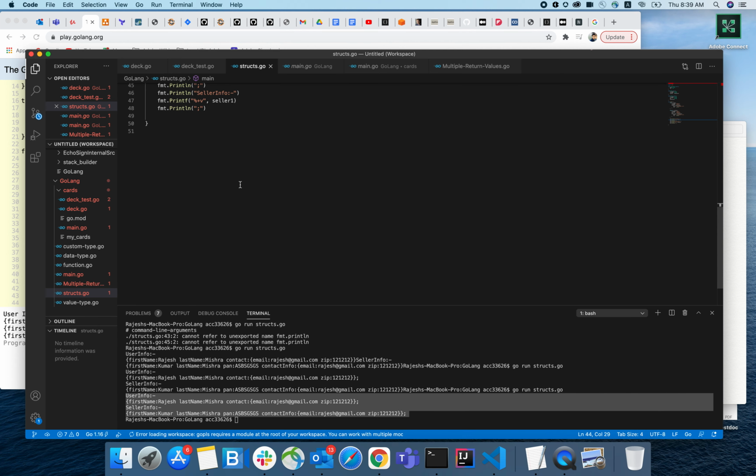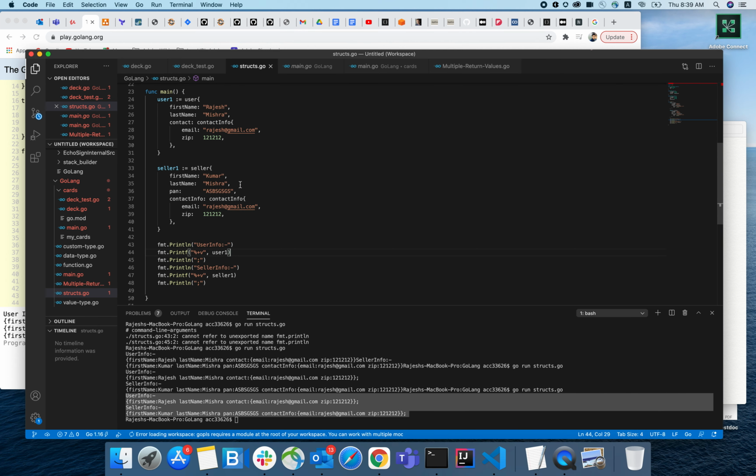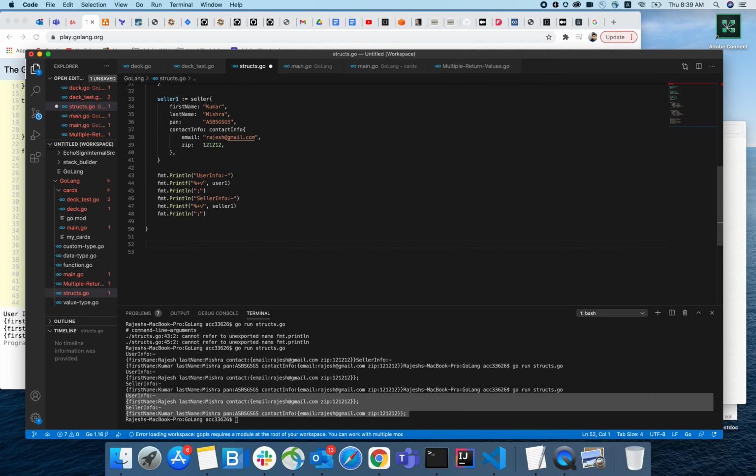The next step is how we can use the receiver function. So let's create two receiver functions, one for user, and print the function name, and here just write this line, and of course we need to change the unit. The next receiver is seller. Let's print the seller info,